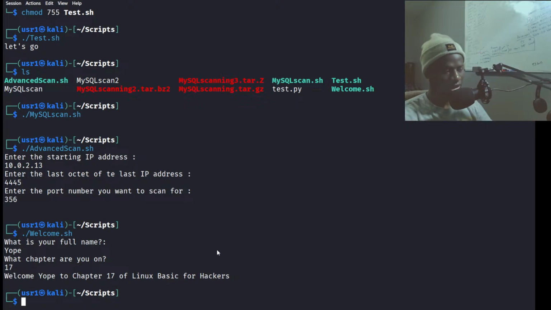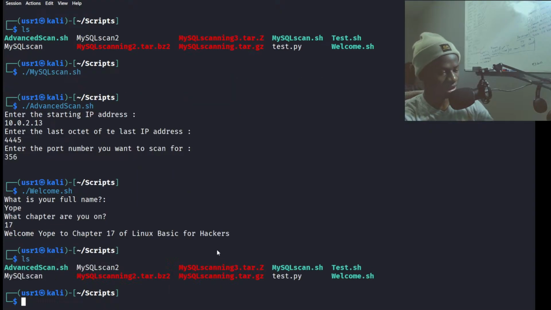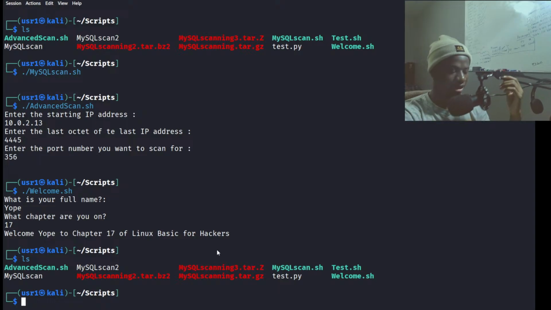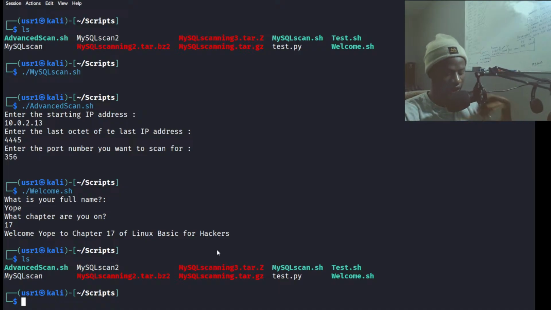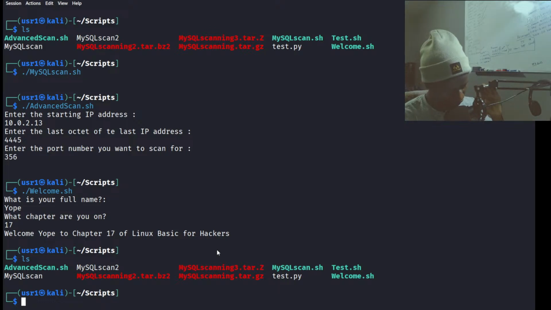So what I need to run is the tests. It's a command, right? Not even a command. Yeah, I guess it is a command, but it's not a command. What I need to run is the test script. It's a script. So that's what I want to run. If you want to run a MySQL scan every night, that sh, right?